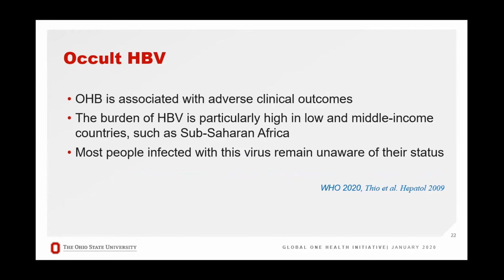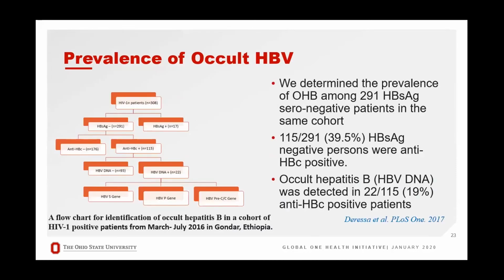Occult hepatitis B virus is associated with adverse clinical outcomes, including hepatocellular carcinoma, and the burden of hepatitis B virus is particularly high in low and middle income countries such as those in sub-Saharan Africa. And most people infected with this virus remain unaware of their status, as it cannot be diagnosed by serological tests only. So we have considered the same cohort to study occult hepatitis B virus infection in HIV